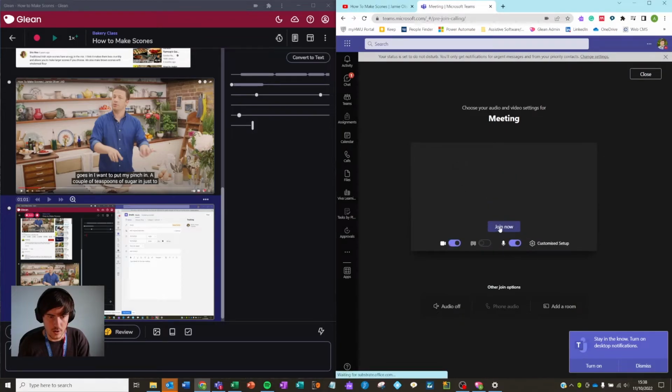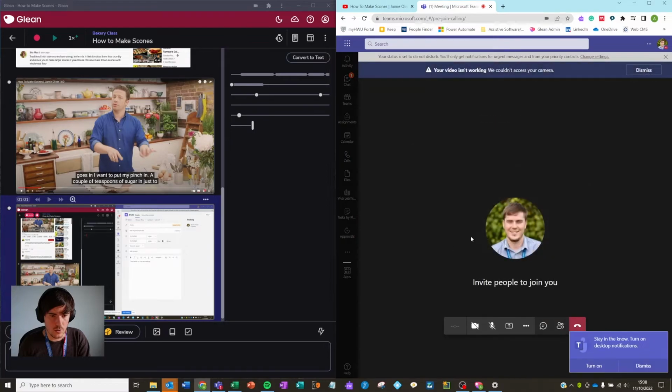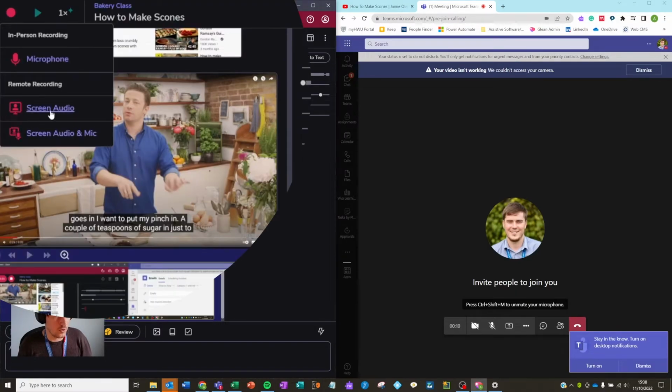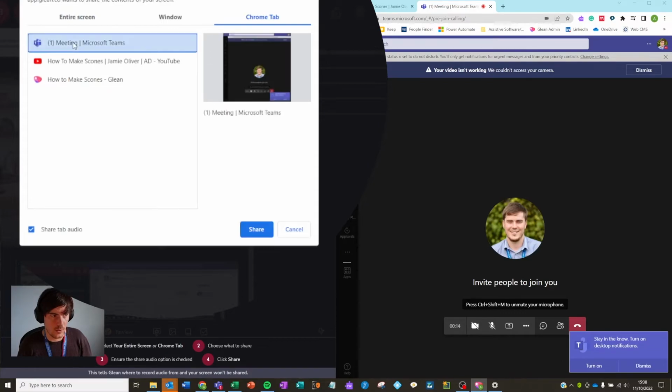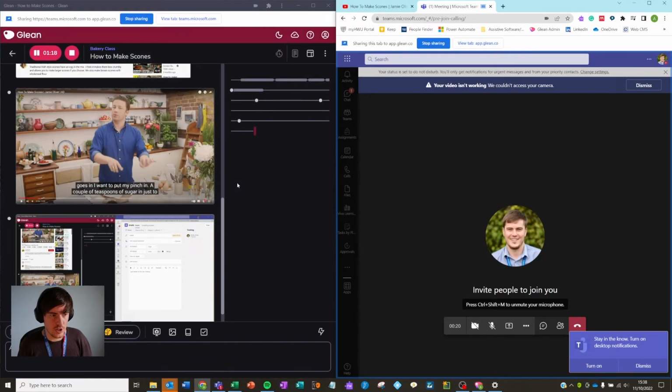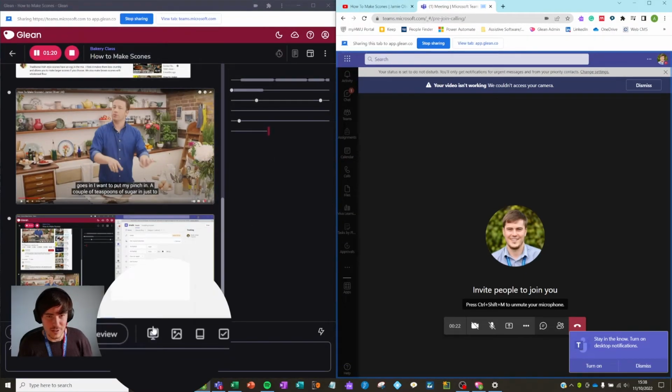So now if we join this, and I will turn off my audio there, join this, we are now in our Teams meeting, and if we want to record that now, if we set record, go to screen audio, go to Chrome tab, and go to this tab now, and share, make sure share tab audio is on, otherwise you won't hear any audio. Press share, and now when we take a screenshot,